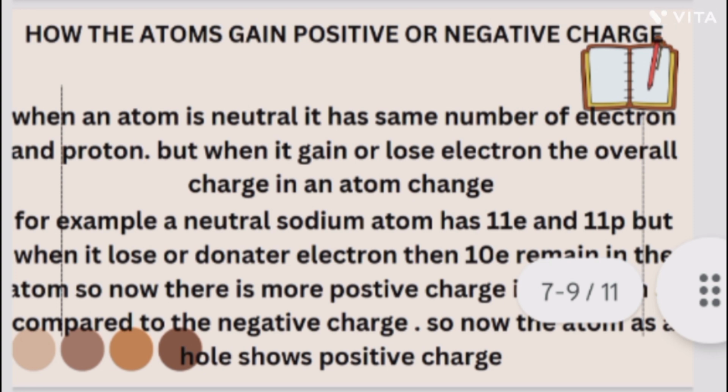In the same manner, when an atom accepts an electron, the positive and negative charge ratio is disturbed. Now in case of acceptance of an electron, the negative charge is dominating within the atom, so the atom is showing negative charge, meaning now the atom has more negative charge in it, and